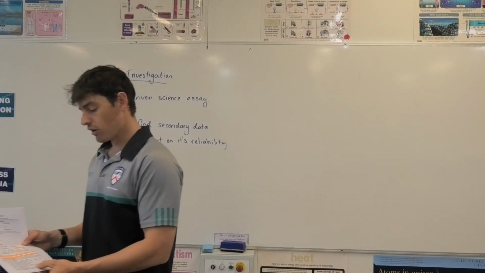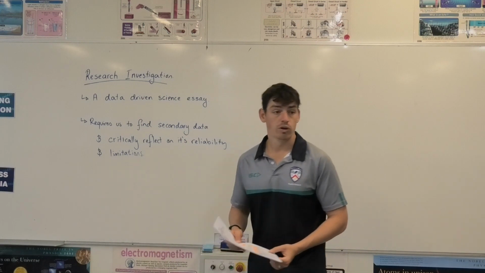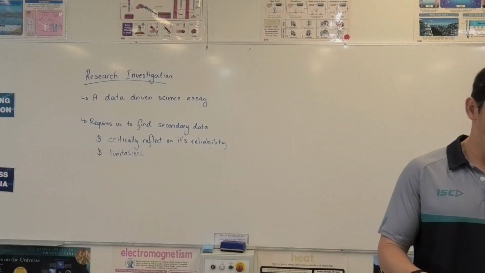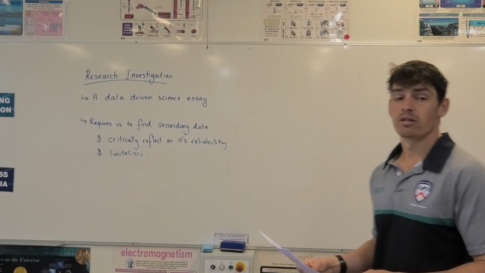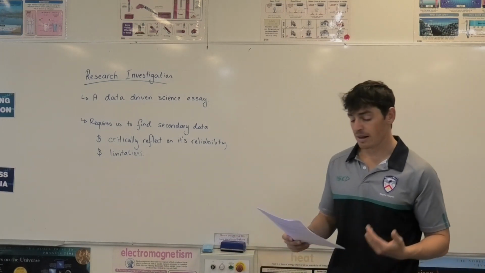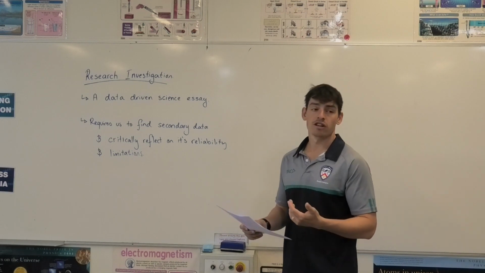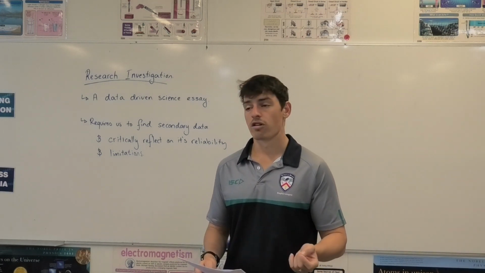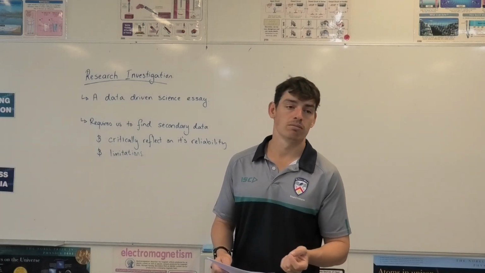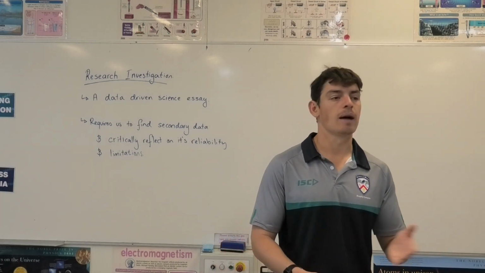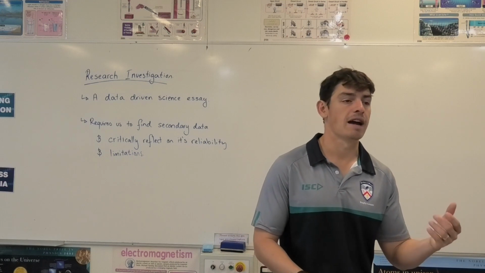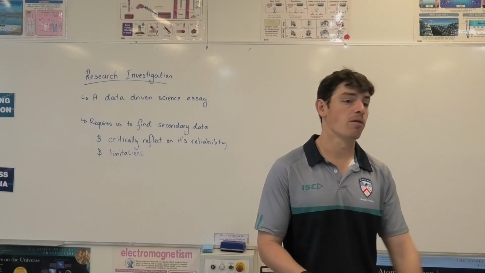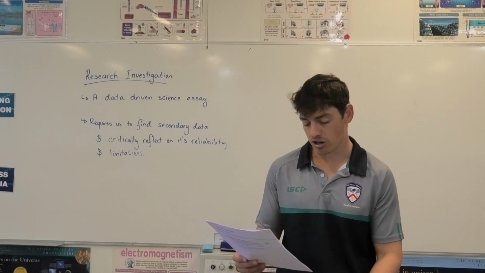On the bottom here, you've got a checklist of what you should be doing. As you go through and identify each of those things, you're going to tick it. So the first thing you need to do is what? Select a claim. So pick one of those 2 claims. Really, I wouldn't get too bogged down. Now you have got a third alternative where you can pick your own claim. My advice would be steer away from that probably. These claims are pretty good, and they're made so you can understand that there's plenty of breadth to go with. But if you want to go off on your own path, I'm more than willing to negotiate that.